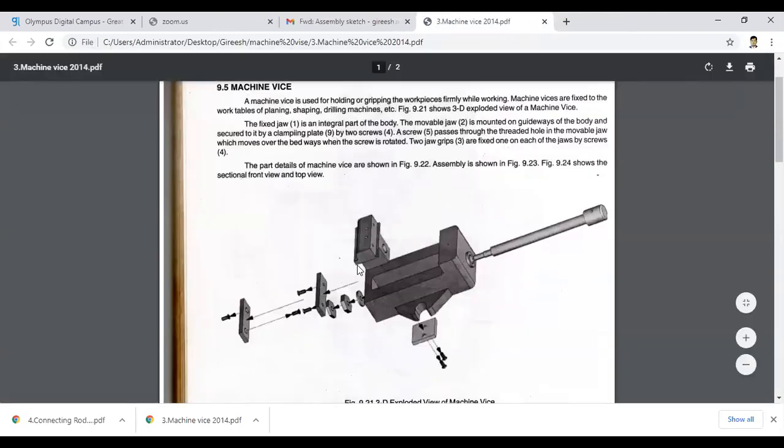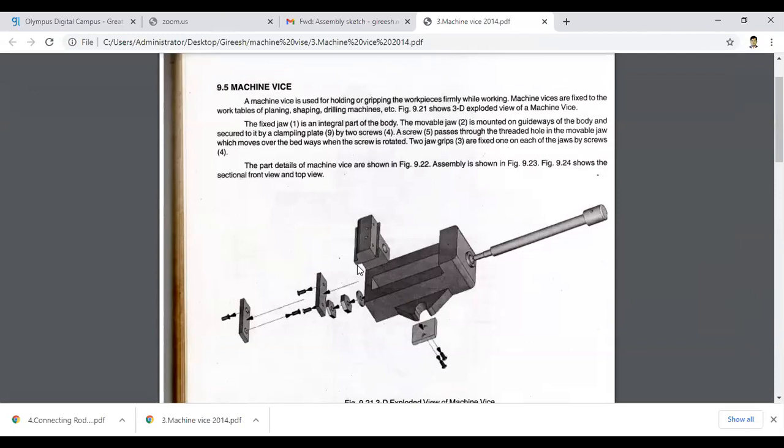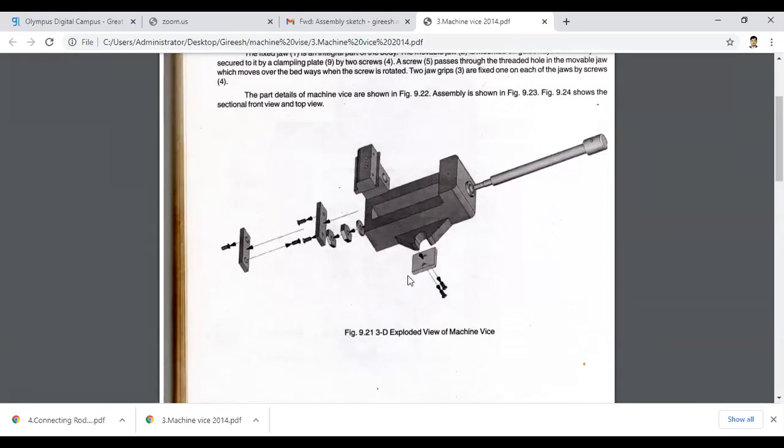So we'll start the assembly by creating a part drawing. The one we see in the video, the operation is slightly different. Here this is the body, which is a single unit body, and the fixed jaw is a single unit here. These are jaw grippers. This is the movable jaw. With the help of fastening equipment we can assemble this. We'll start the part drawing.